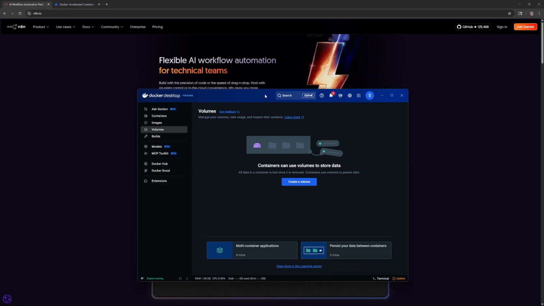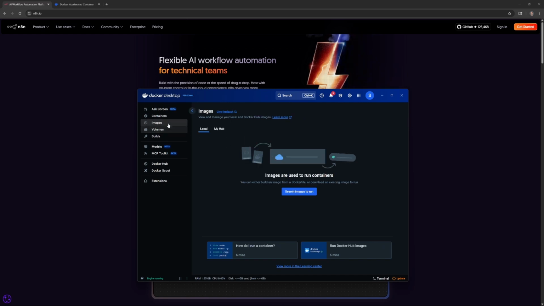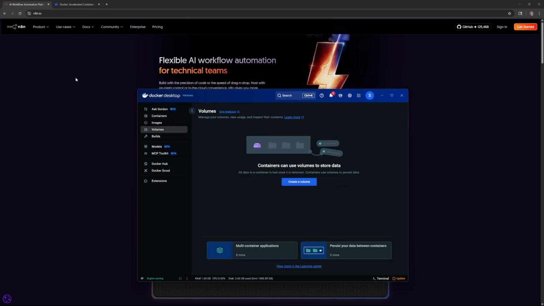Okay, once you download and install Docker, you will have to restart your computer. When your computer's back on, go ahead and start up Docker, and then you'll see a program that looks like this. As you can see, we don't have any volumes, images, or containers right now. The reason we install this in Docker is that it's its own safe environment, so it doesn't conflict with any files on your own computer.